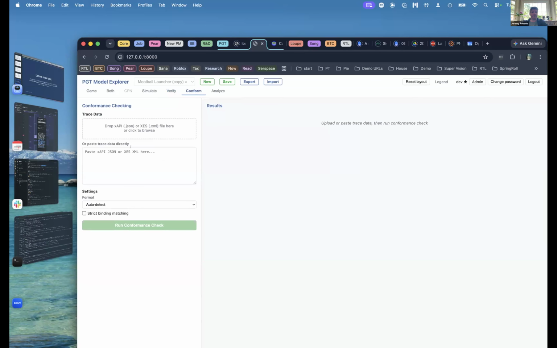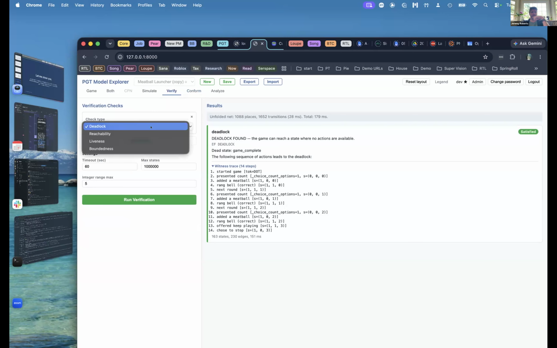Conformance is the place where, if you had exported some simulated data, or if you had real data that was model compatible or PGT compatible, you could bring it here and put it in, and it would help conformance check your trace or any trace. So multiple people using PGT could be trading traces, real or simulated, it doesn't matter, and be discussing them. I have a small number of checks built into the system right now, but I think it's ripe for extending.